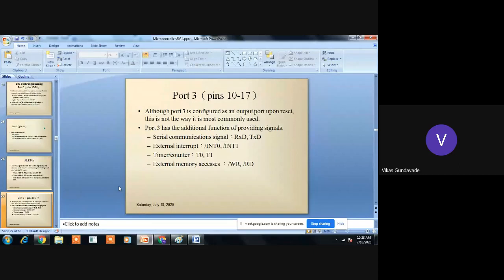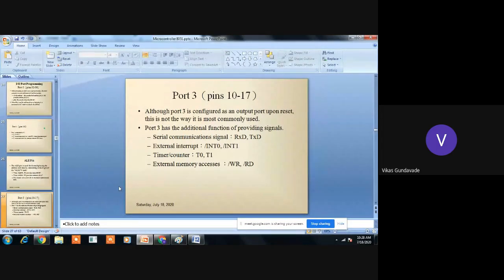That means it works as a simple input output port, as well as for some specific functions of the microcontroller. So which are the specific functions? For serial communication, RxD and TxD, the same port pins can be used. Similarly, for external interrupts, INT 0 bar and INT 1 bar, these port pins are used. Then for timer and counter also, the port 3 pins are used.